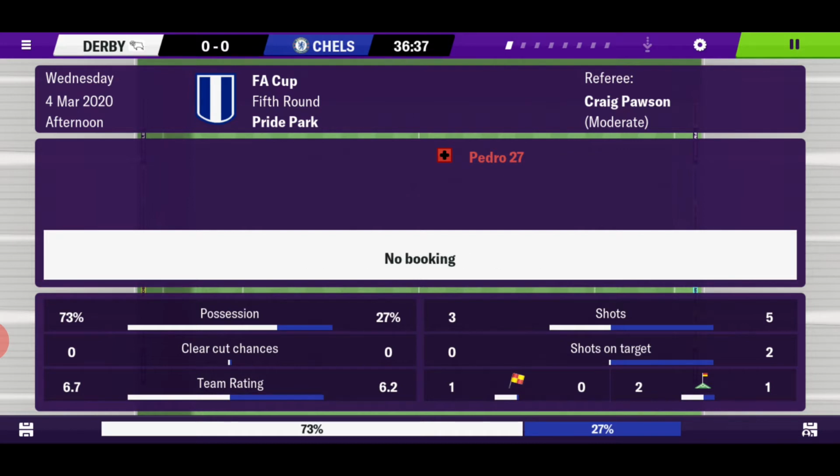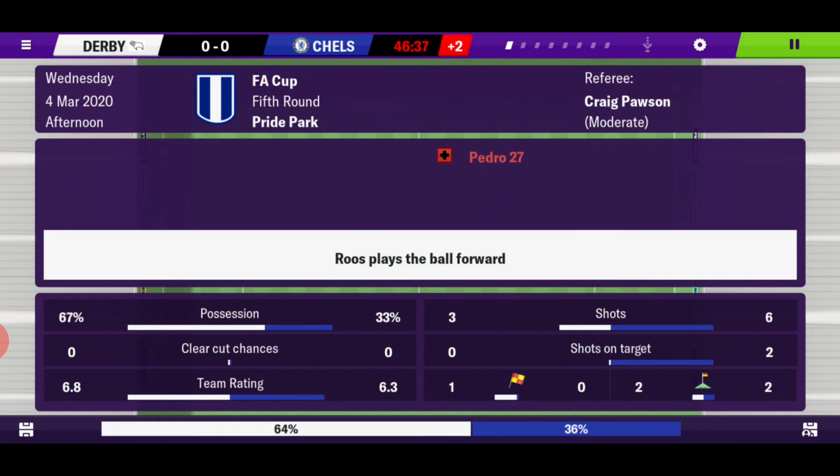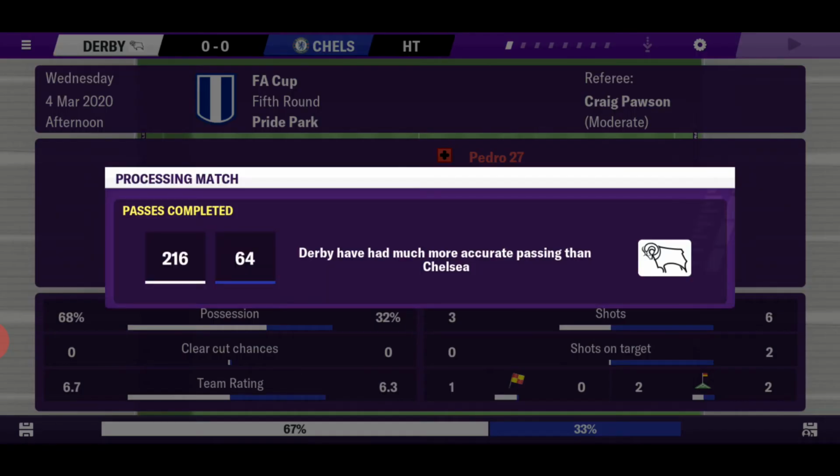Now I talked to the physios after the game to see how severe Pedro's injury is. Hopefully it's nothing too bad. I mean, he's not a main player, but he is a rotation player, and he's been really useful this season, in what could be his and Willian's probably final season in this career mode. Half-time though, surprisingly we're getting dominated in possession. Derby have a better team rating than us, but we have more shots. So let's see how we manage to